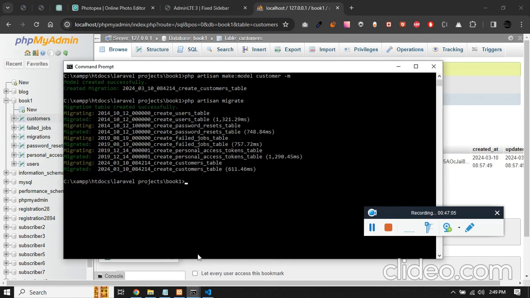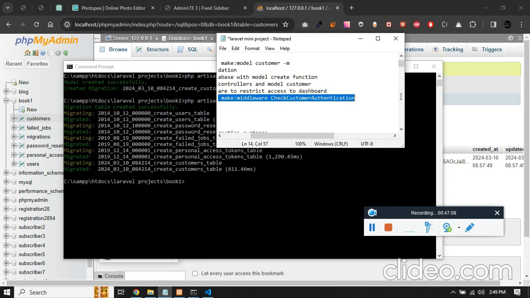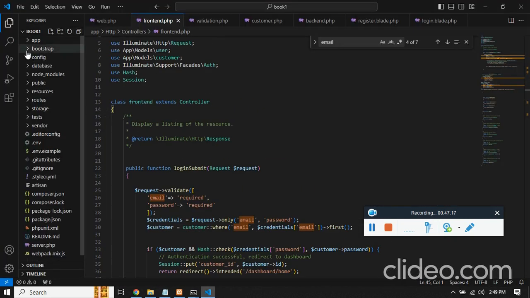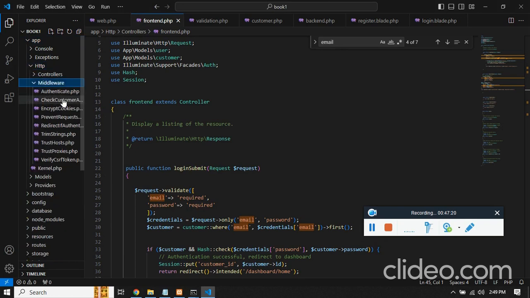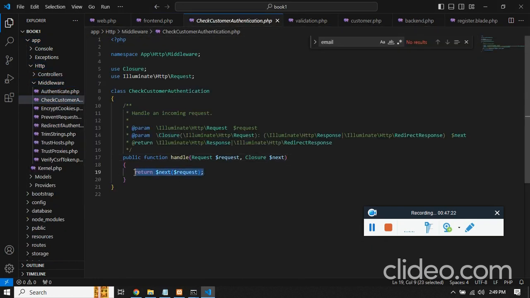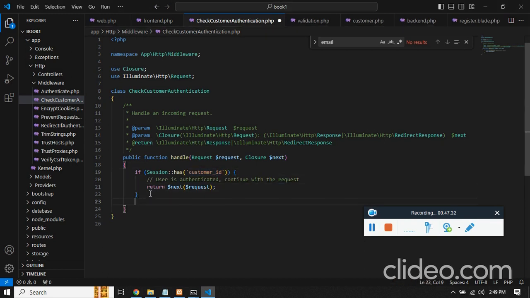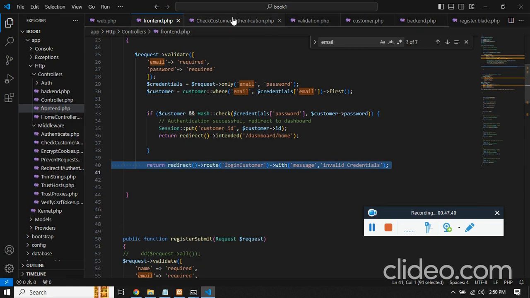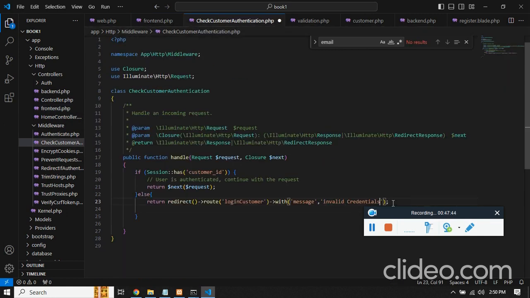To create the middleware, we have to get into the folder, which is book1, and here this is the relevant middleware. The name of the middleware is CheckCustomerAuthentication. So here in the app, in the Http, in the Middleware, CheckCustomerAuthentication. We have to check whether the session is created or not, then only proceed to the next step. If the session exists, then only proceed with this request, or else route to the register page or login page, and say the message: login to access